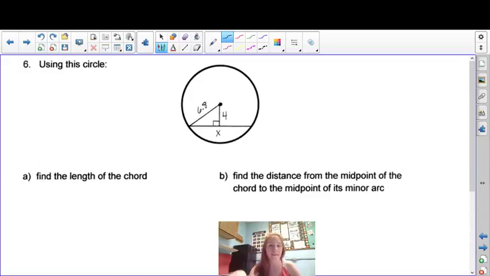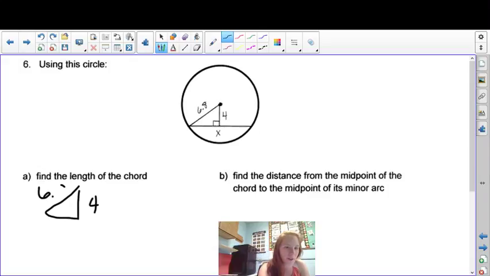So I see that I have a triangle. Trying to figure out the best way to do it so I can still see the picture. I guess I'll try and draw over here. It's kind of hard to get off to the bottom. Anywho, I have 4 and 6.8, and I have my right angle. I'm looking for that bottom leg, but I don't want to use the value of X. X is this entire distance here, and I'm only looking for half of it. So instead of using the value X, I'm going to use a little different letter. I'm going to say Z. I'm going to say that this piece here is Z, and that